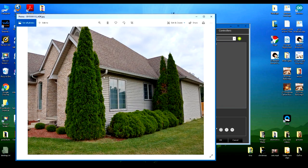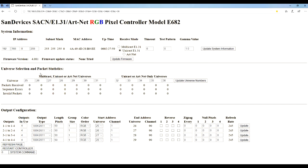If I put this one first, that's 114. Or 129, I mean. 114 in the front. So if I put this one on first, and then when I go to the E86, or E682, and I start putting in my lights right here, my pixels, you only get one box for pixel length. So the highest one would have to go there, the 129. And then in that same group, I would have one that was 114. I'm hoping this is making sense to you,